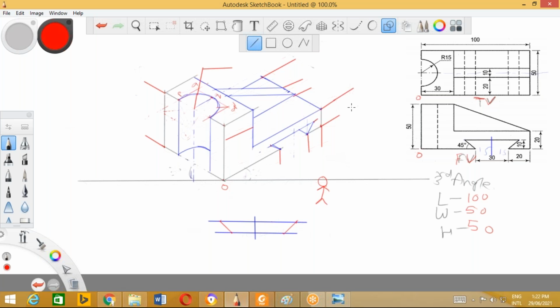Here 20 millimeter is to be shown, this 20 millimeter. We can show it over here. Please see correctly. I'll draw the dimension lines.